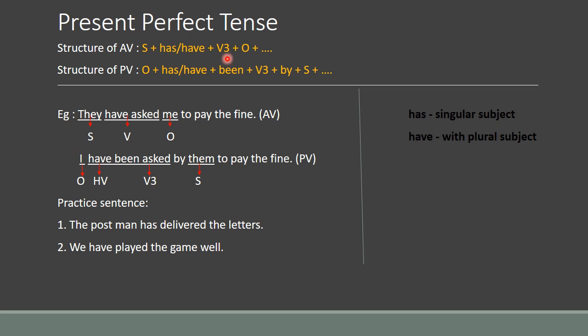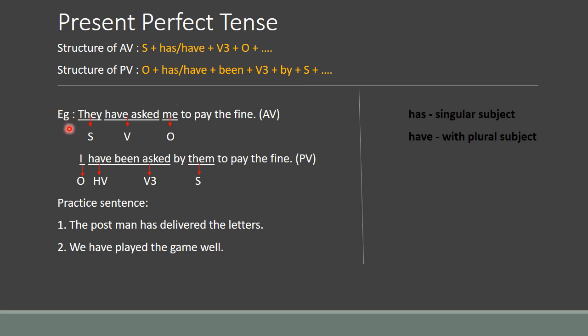ஓகே, ஸோ ஆக்டிவ் வாய்ஸ்லயே நமக்கு v3 ஃபார்ம் தான் கொடுத்துருப்பாங்க. ஏன்னா பர்ஃபெக்ட் டென்ஸ்னாலே have form of verb plus v3 அப்படிங்கிறது தான் verb form கான்ஸ்டன்டா யூஸ் ஆயிருக்கும். தென் object, and the structure of passive voices, object should come first and then have or has again, and been. For continuous tense we have to go with being, for perfect tense we have to go with been. Okay, then V3 form of verb and then by and then subject and etc.